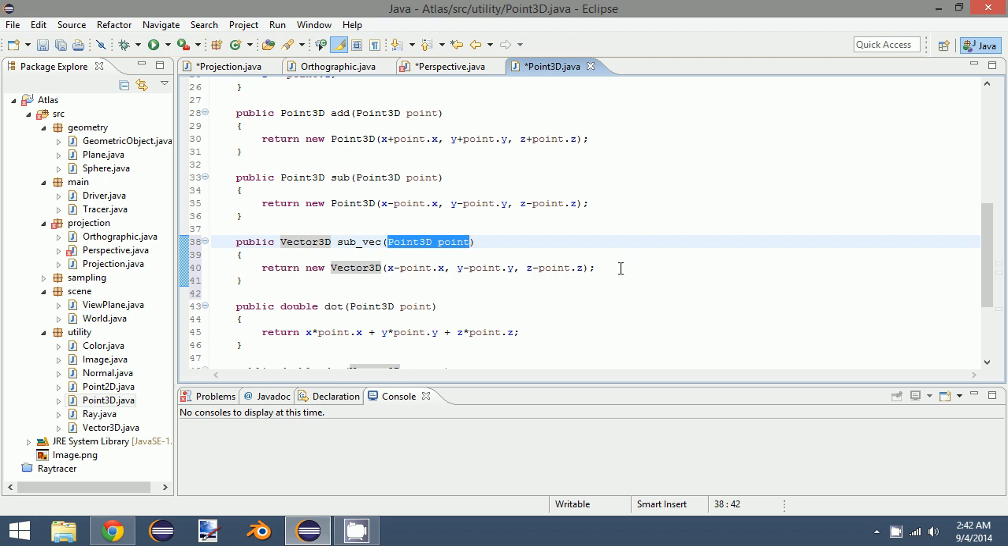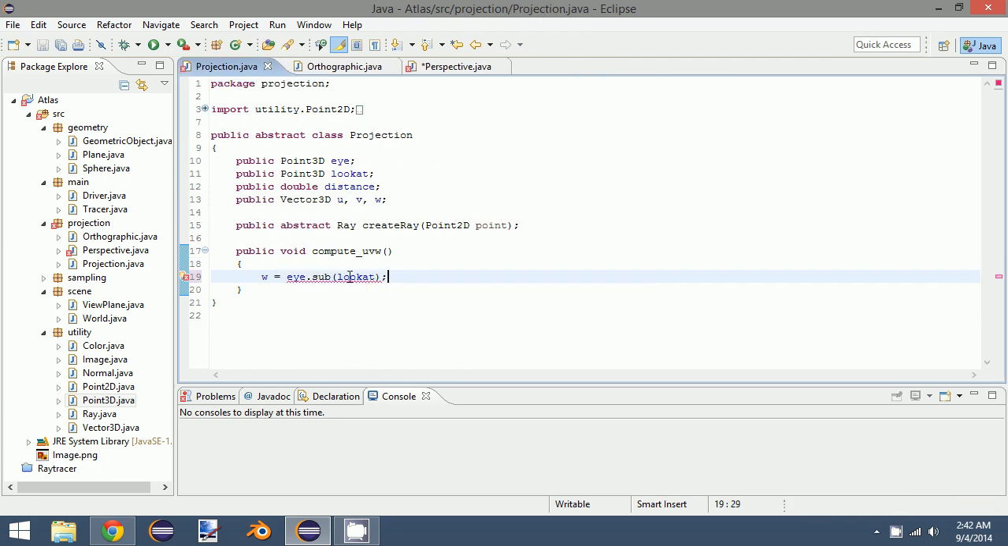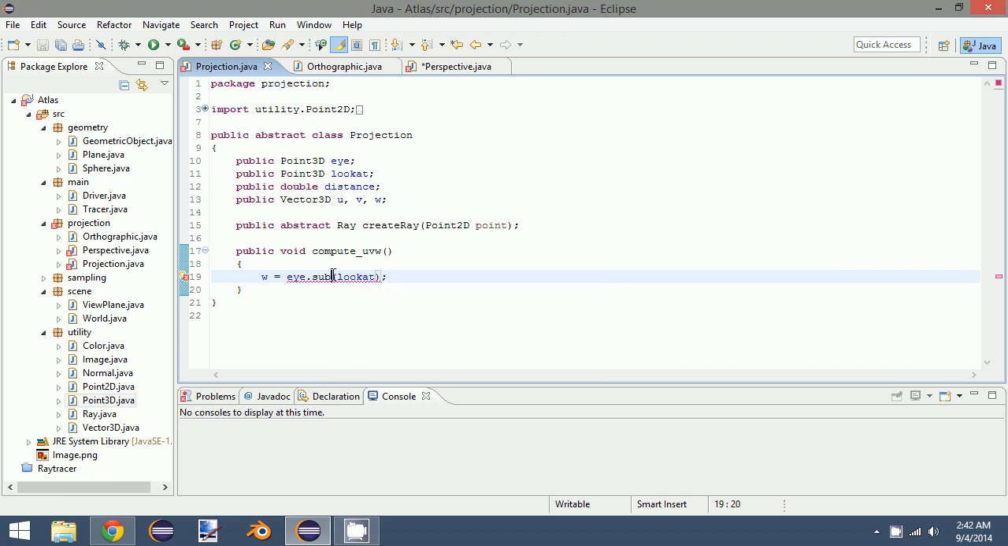So that's why I'm allowed to do this. I guess that does make sense actually. You can create a vector from subtracting 2 points. I'm just going to save that, and this should no longer say cannot convert from point 3D. Oh, that's fine. So subtract vector. So that gives us w. That gives us the vector from the eye to the lookout point. Now from there,